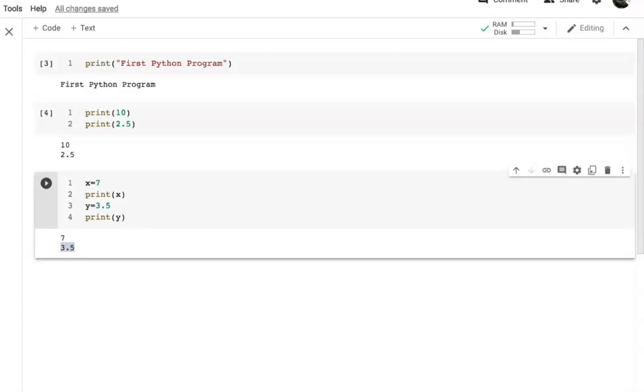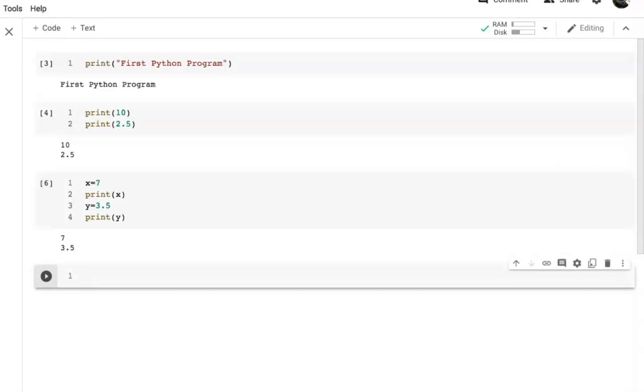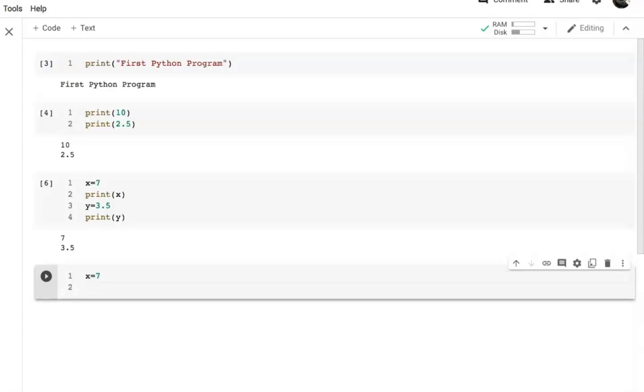Now take another code cell, click here. In this code cell, we'll perform the plus operation on these two variables. Suppose variable x is equal to 7 and in y, I'm going to assign 5.